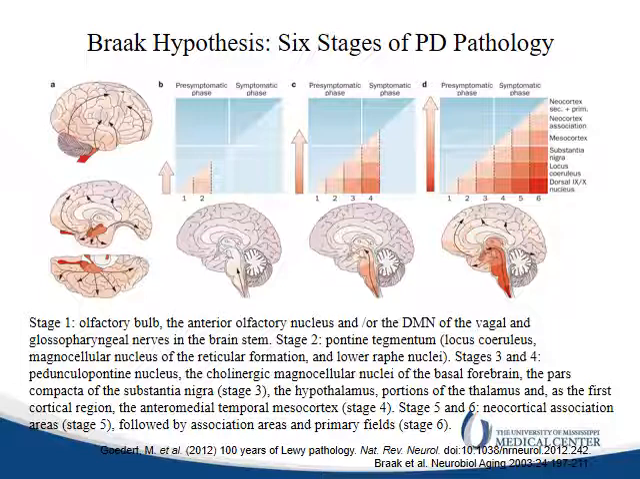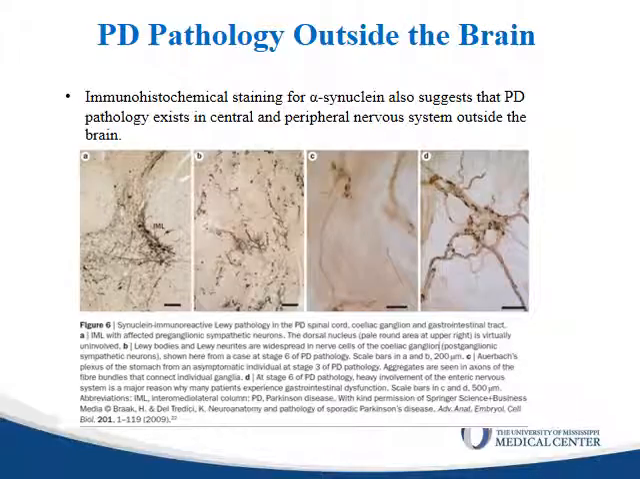And that's stage 6, which means the pathology has spread to cortical areas, not just the brainstem. Interestingly, Parkinson's disease pathology has also been found, by immunohistochemical staining for alpha-synuclein, in other parts of the central and peripheral nervous system outside the brain. For example, the spinal cord